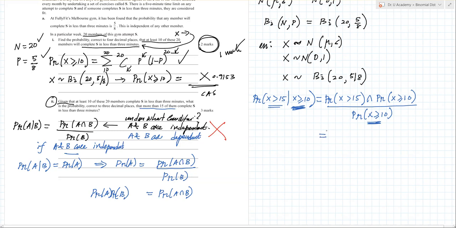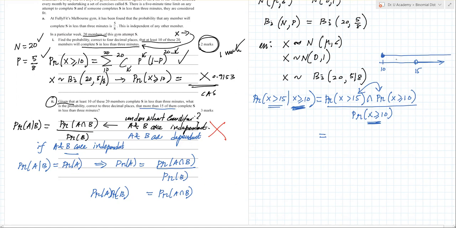I was asking how to simplify these two. Probability x is your random variable. You can consider that as the x line, right? I told you that before also. So 15 is here, 10 is here. Greater than 15 means greater than this. Greater than or equal to 10 means I will just draw it on top. This.